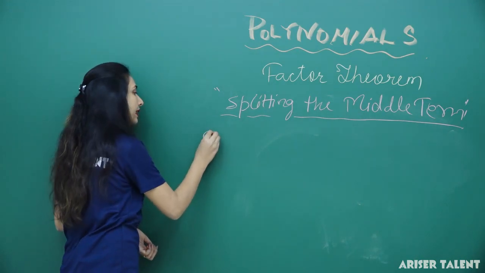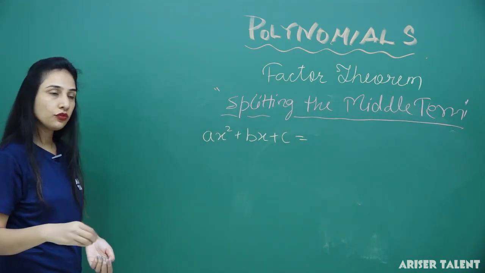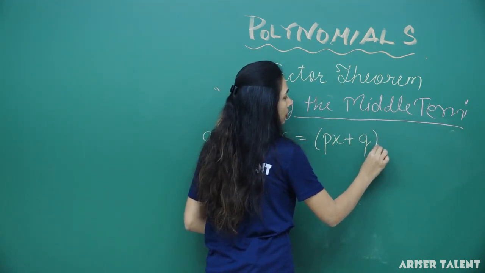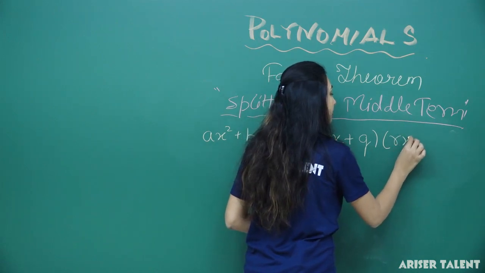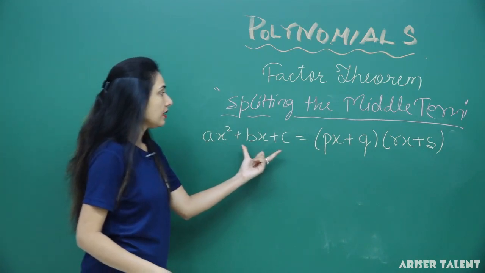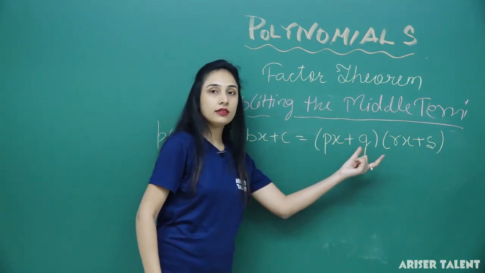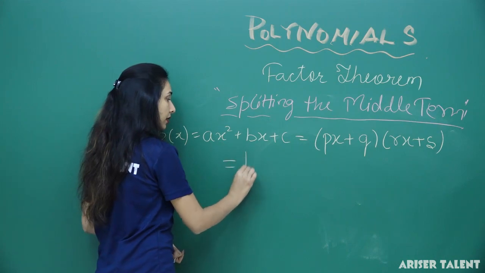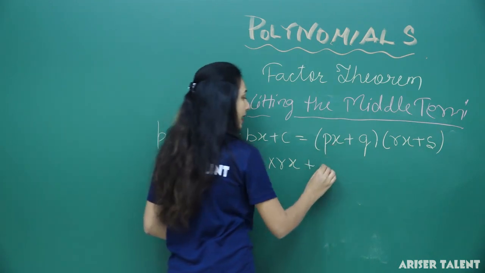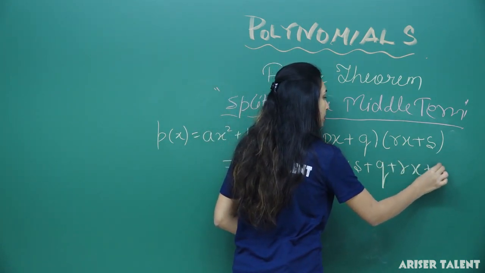In this, we are having ax square plus bx plus c, and let us suppose we factorize it. After factorization we write it like (px plus q) multiplied by (rx plus s). This is our polynomial p(x) and we factorize it in such a way. Now, that means px multiplied by rx plus px multiplied by s plus q multiplied by rx plus q multiplied by s,